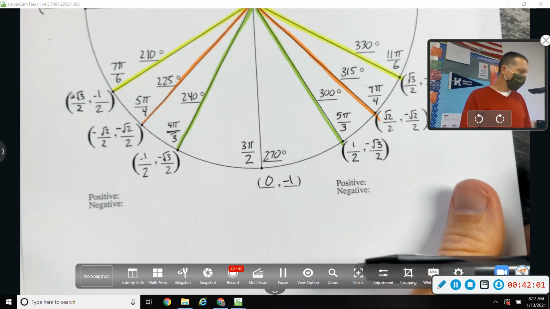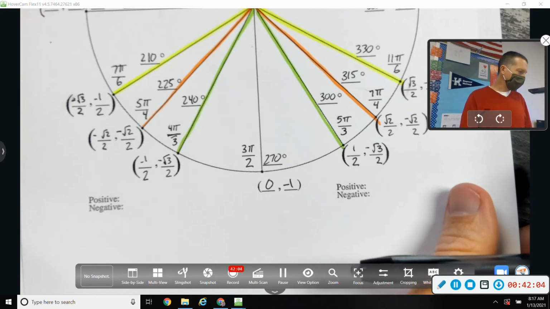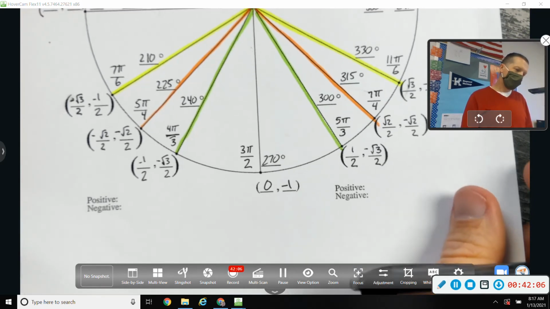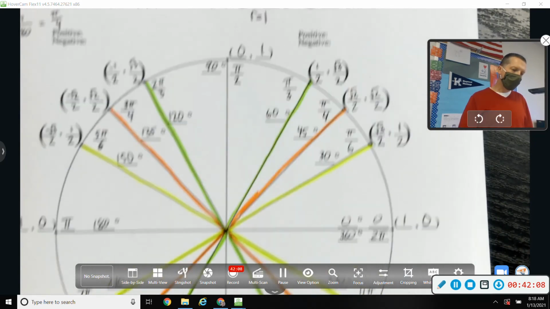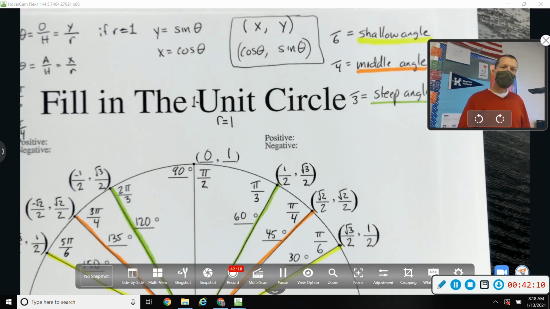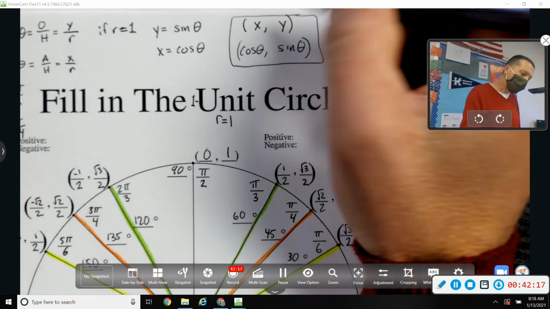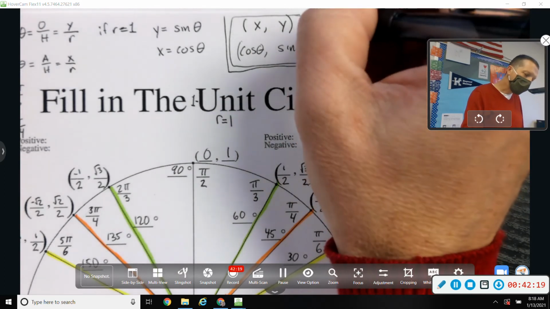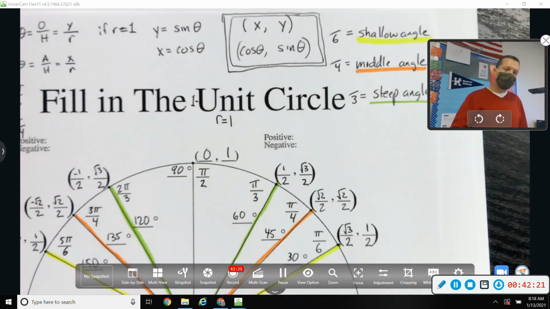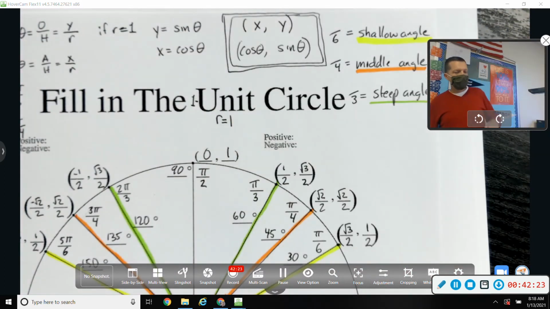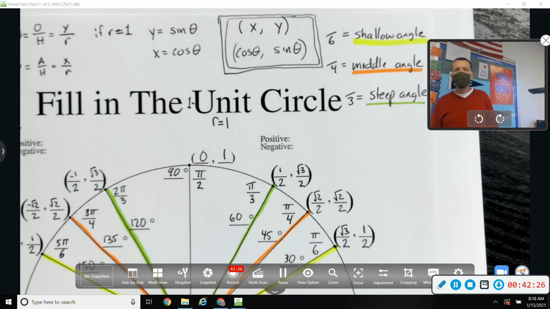Let's see, what else do we need to say about this? Let me just pause and reiterate that we looked at those as the coordinates, right? That was the x, y. But the thing about the unit circle is that those coordinates are also the cosine and sine of whatever angle that is. So if someone asks for the cosine of 60 degrees,